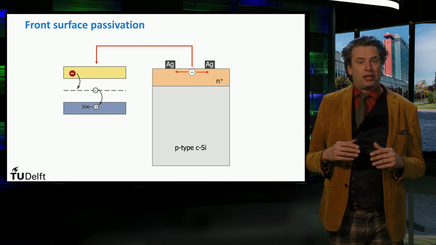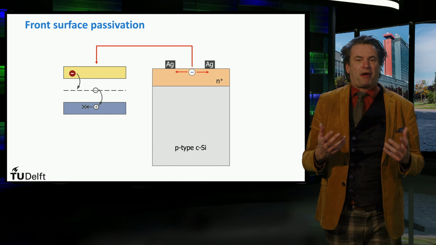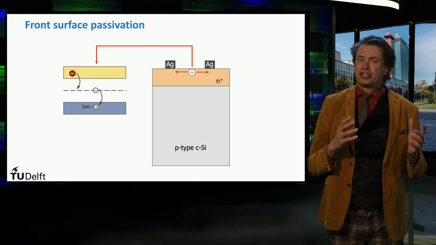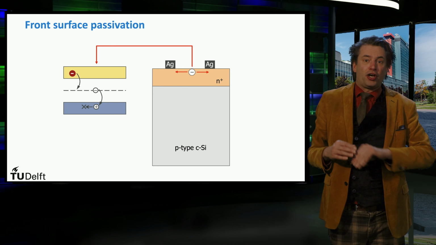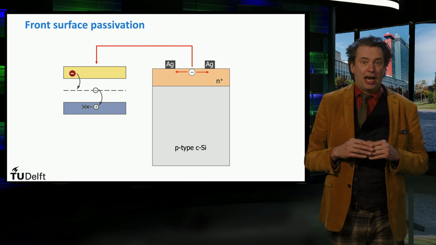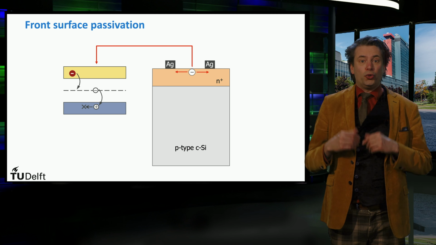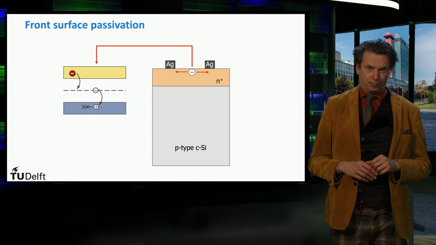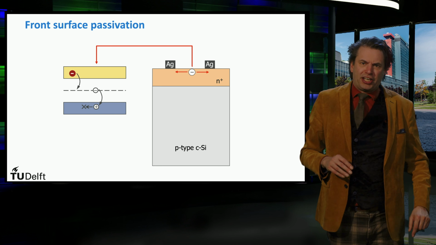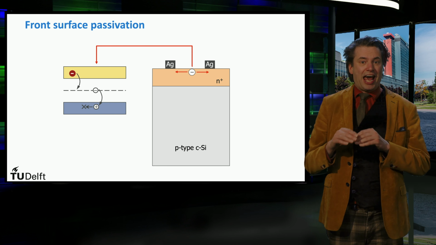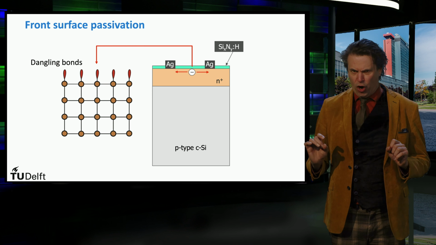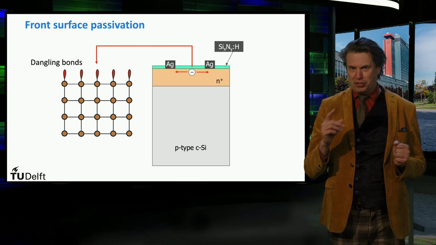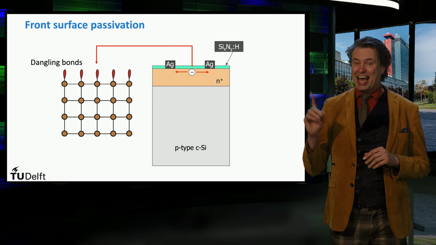The probability and the speed at which charge carriers can recombine is usually expressed in terms of the surface recombination velocity. Since a large fraction of the charge carriers are generated close to the front surface, a high surface recombination velocity at the emitter front surface will lead to charge carrier losses and consequently lower short circuit current densities. The lifetime of these charge carriers is limited by the recombination process at the wafer surface. In order to reduce the surface recombination, two approaches are used. The first is based on reducing the number of defects at the surface.